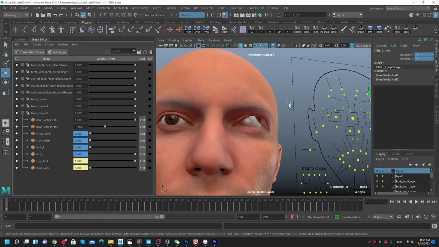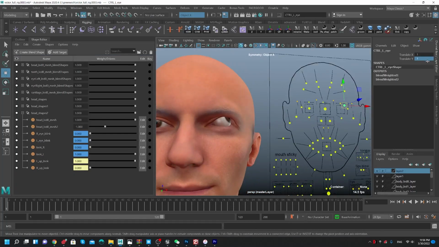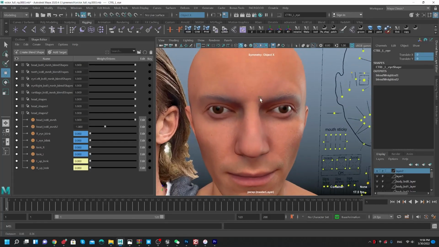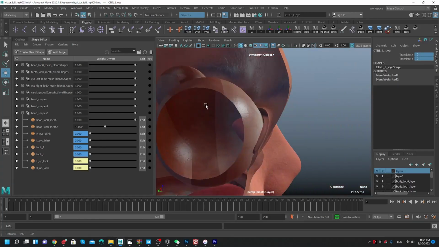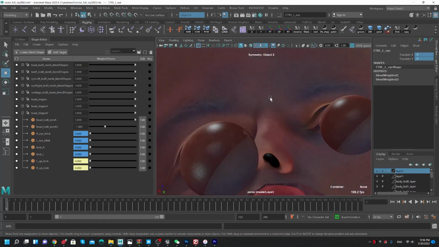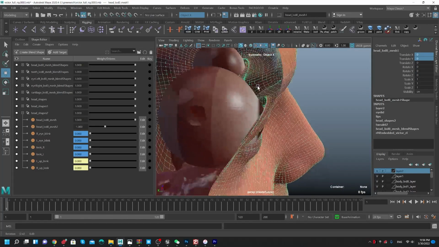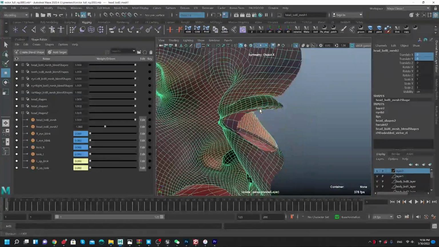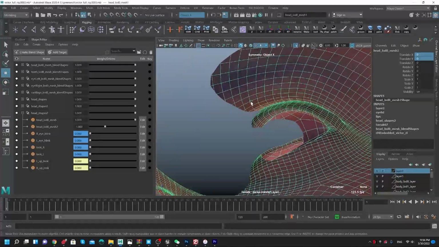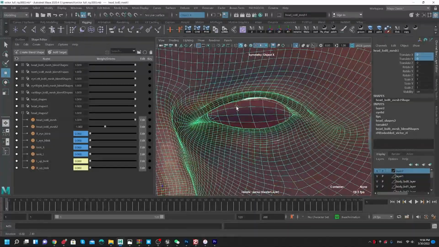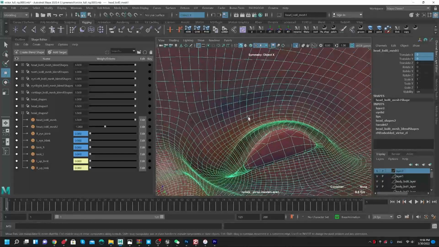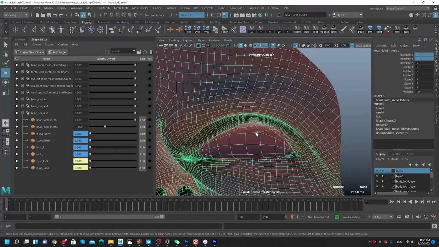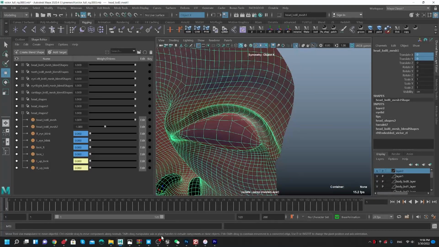So these steps are necessary. And also, on top of that, I try to fix the eyelid because it is very important to have a good, clean eyelid. Look at the eyelid, I mean from inside. The geometry of the eyelid should not sink into each other. And if they sink into each other,